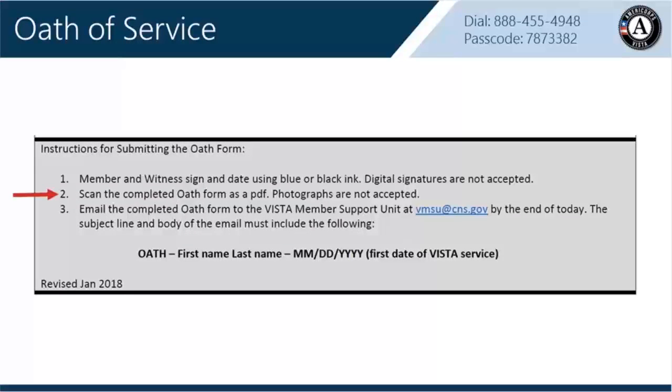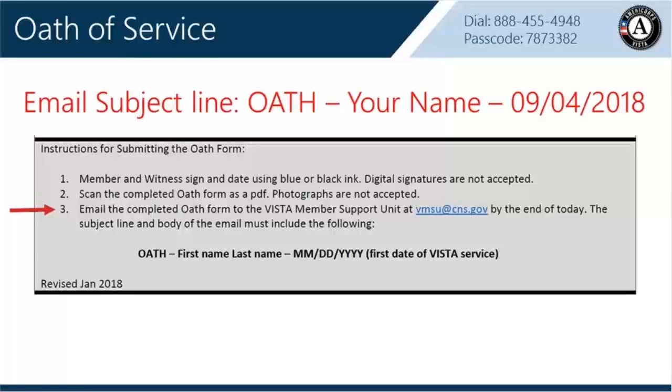Once you have that PDF form, you're going to attach the scanned copy of the oath to an email and send it to us at the VISTA Member Support Unit. And that email is at the bottom of the page. It's vmsu@cns.gov. And this needs to be done today. In that email, you need to use the subject line oath-first name, last name, today's date,